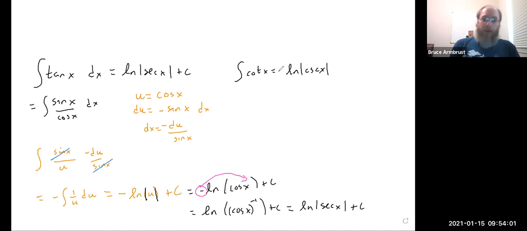But there's also, well, we've got to have our plus C, right? And you can see this, there's going to be a minus sign on here as well. But check it out. Do the derivative of the natural log of cosecant, right? If we differentiate that,